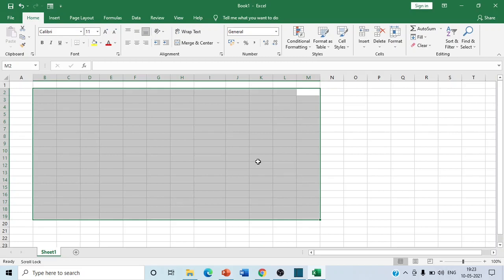Now we will learn about Flash Fill. What is Flash Fill? Flash Fill is basically a small feature of Excel that analyzes the format of the data, and on the basis of this data it fills automatically.